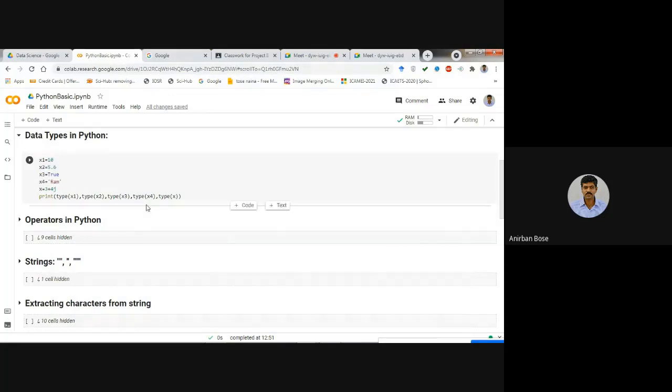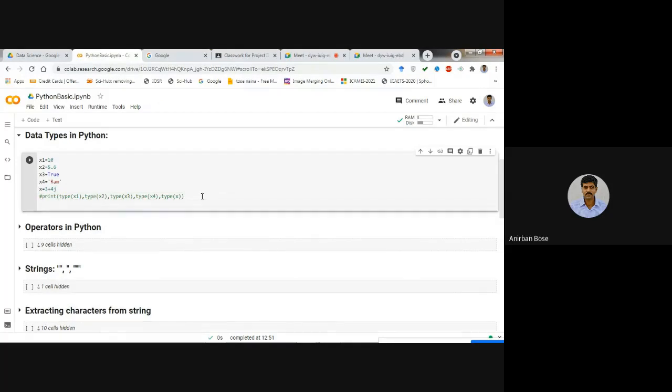Now if you want to see what is the data type of a particular variable, then you simply write type, and within that if you write say x2. If I want to know what is the data type of this variable x2, you just write type and within parentheses you write x2.